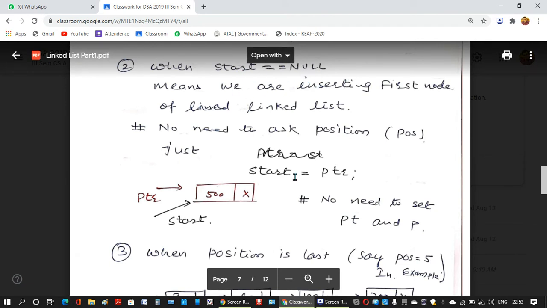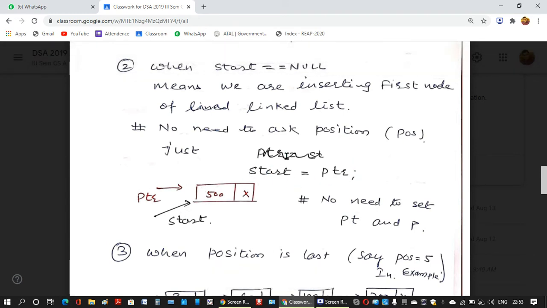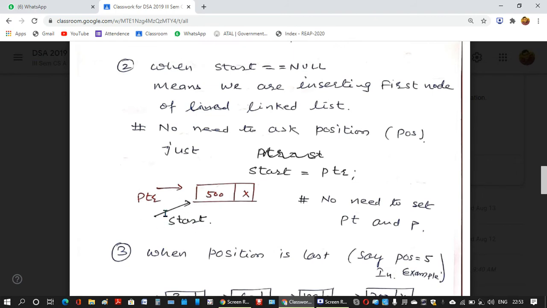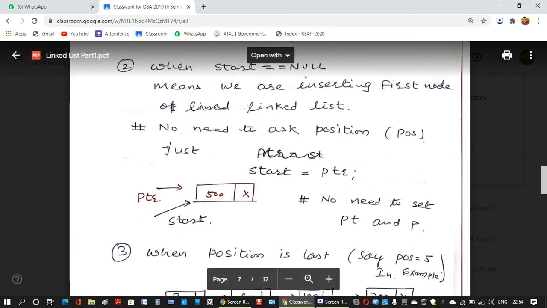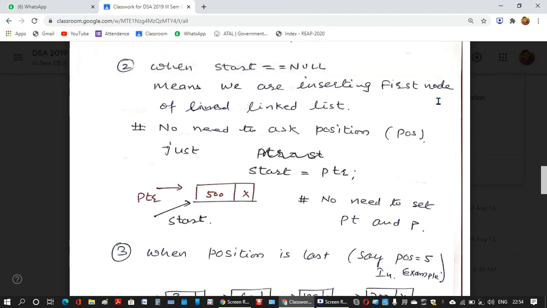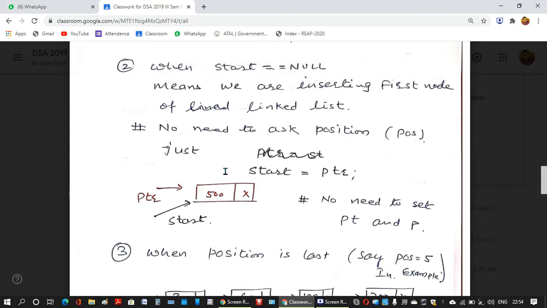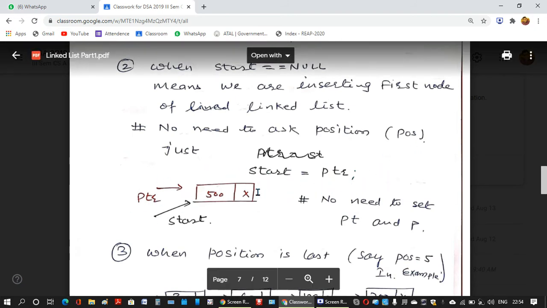Then you just write start equals to ptr, because this ptr is the new node and you are starting here. We need not ask the position. We can write start equals to ptr directly, so this will become the first node of the linked list.